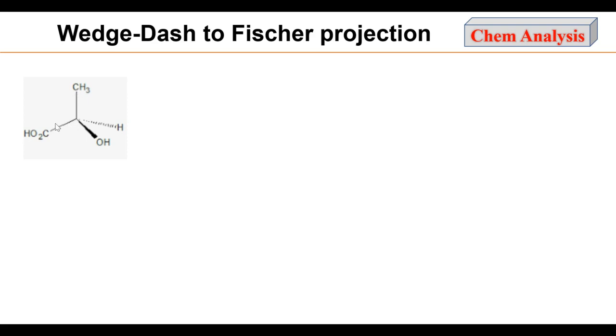And here we can see that this bond, which is a solid bond and above the plane, is the OH bond, and the bond which is below the plane is known as the dash bond. And for this reason this structure is called OH- formula.